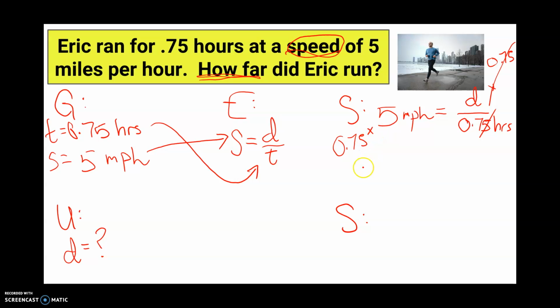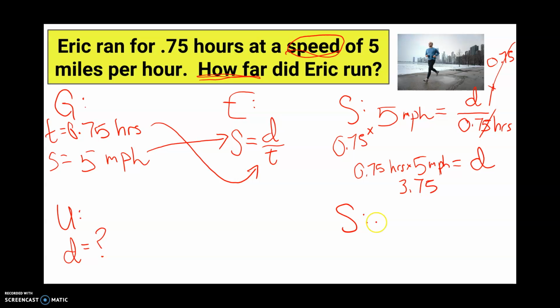So I'm going to rewrite it now. 0.75 hours times 5 miles per hour gives me the distance, which makes sense because if I want to know how far I went, I know how long it took me, and I know how fast I was running, so then I can find my distance. Now I can plug this into the calculator. So 0.75 times 5 tells me that I get